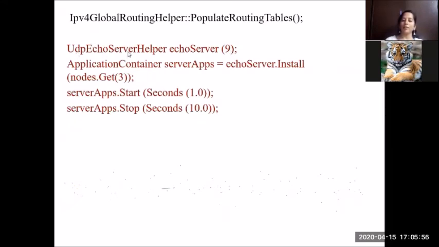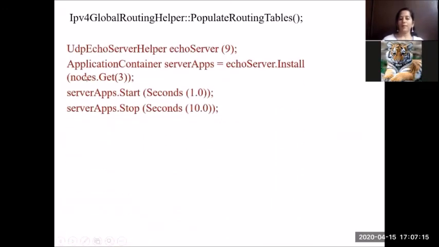So I have invoked this topology helper class. For which application? The UDP echo application. And I want to install it on the server first, or start the server. So I called this UDP echo server helper, and now I will create an application container. Remember the different containers we created. We created a node container to hold nodes, and a net device container to hold the net devices.